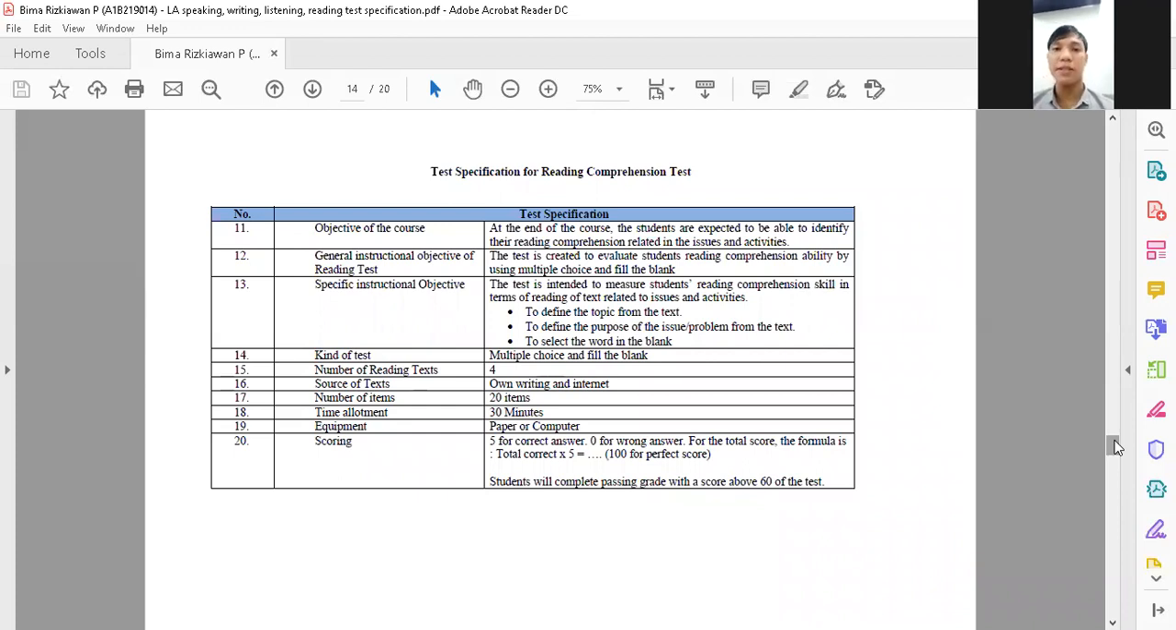And the last test specification is for the reading comprehension test. The objective of the course: at the end of the course, the students are expected to be able to identify their reading comprehension related to issues and activities. The general instruction is created to evaluate students' reading comprehension ability by using multiple choice and fill in the blank. The specific instruction objectives are to define the topic from the text, to define the purpose of the issue,